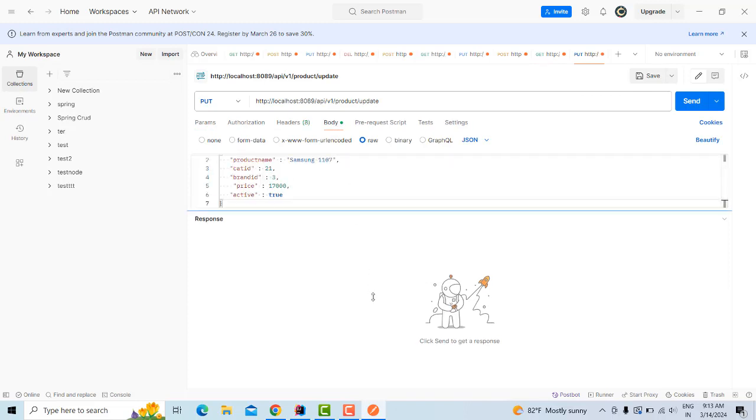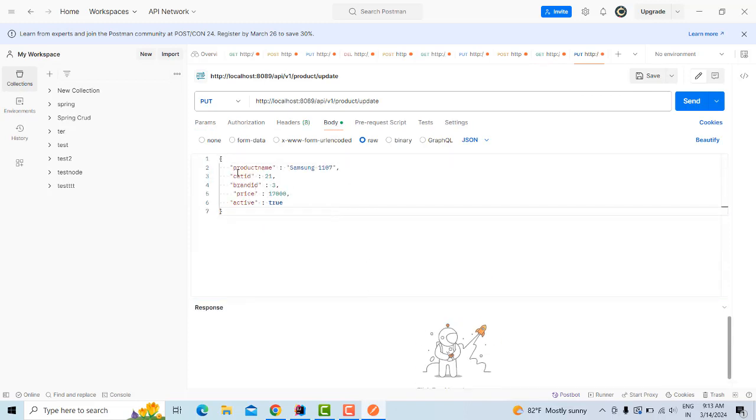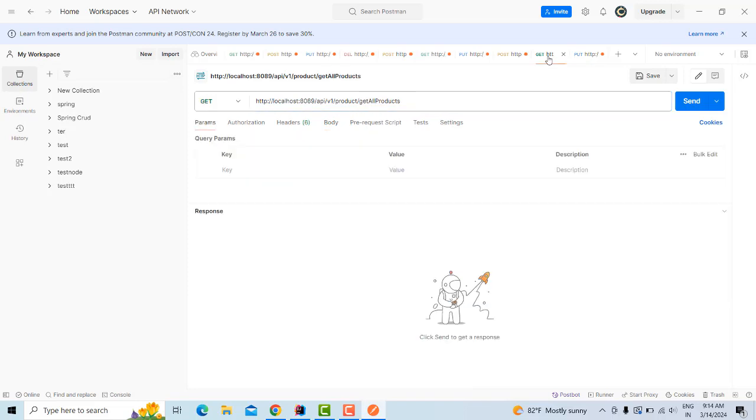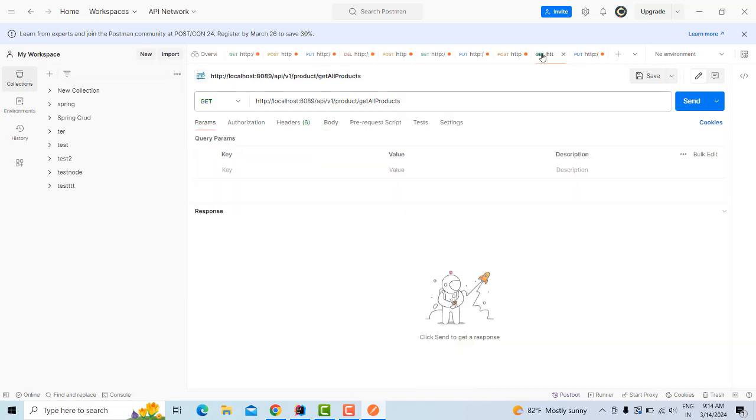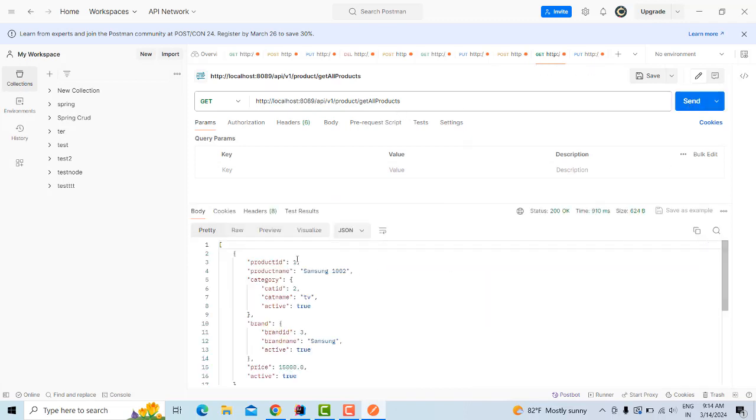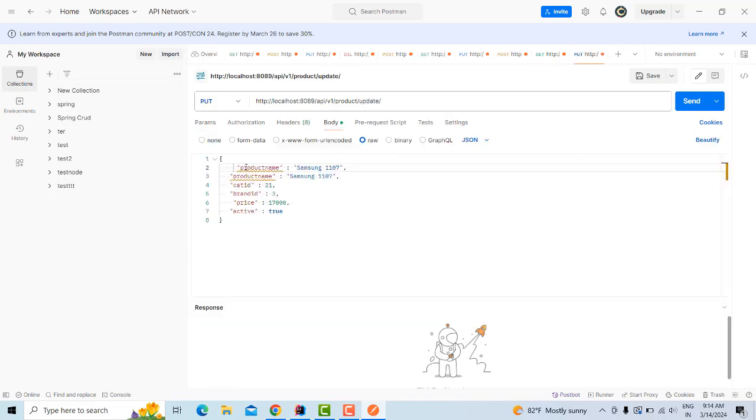Here we have right product of ID, which ID we have to get update, right? So we have to product one. So you have to write product ID is product ID one. First you have to check it to get products all the details. This one product ID one, right? So I just going to check this one changes. So this is product